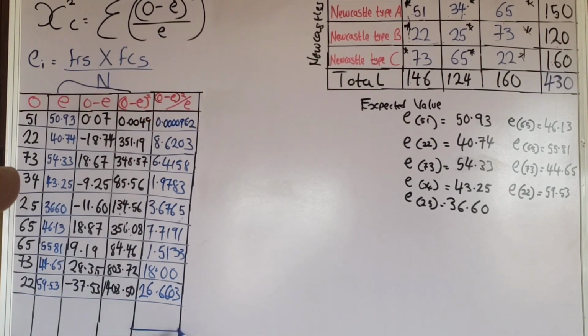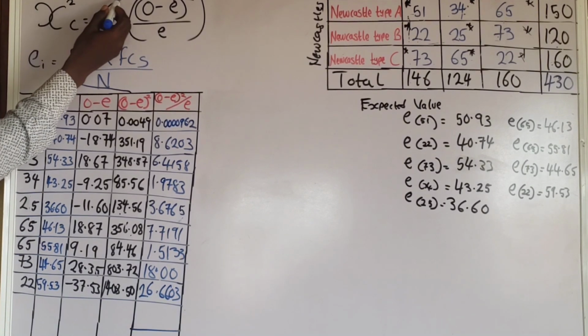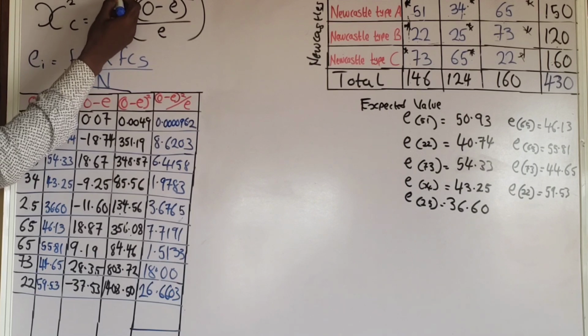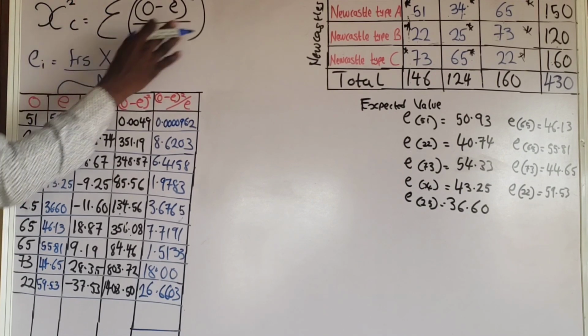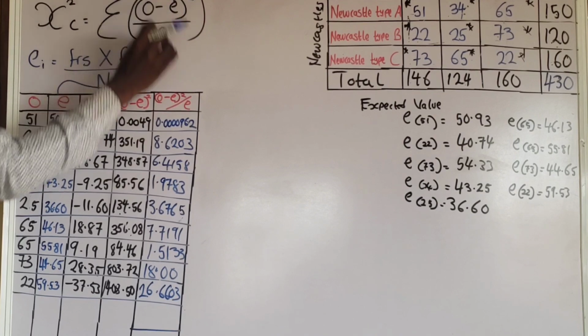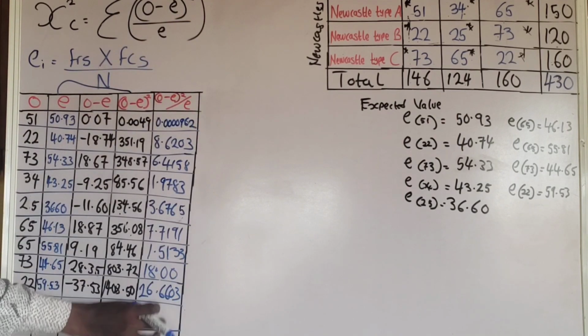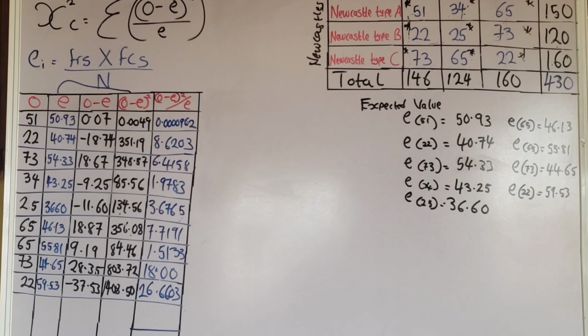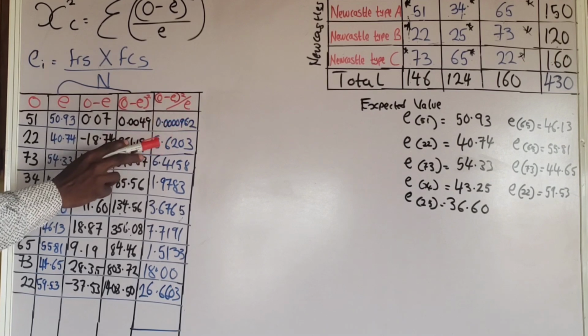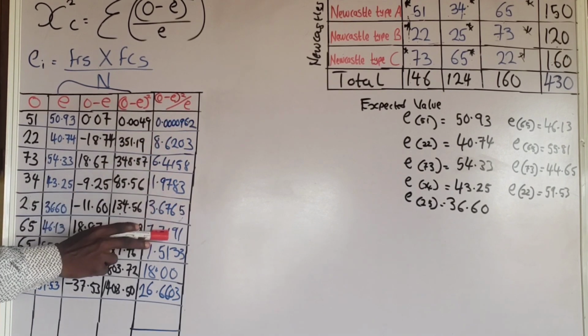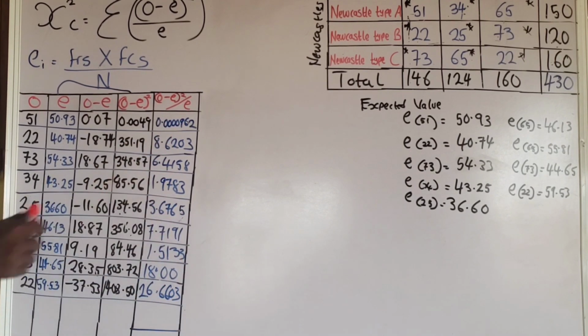So the summation of all these values will be the chi-square that we are asked to calculate. Because according to the chi-square formula, this sign means summation. So the summation of all these values will give us the value of our chi-square. And if you add these values together, 0.000962 plus this plus this plus this, and so on, that will give us